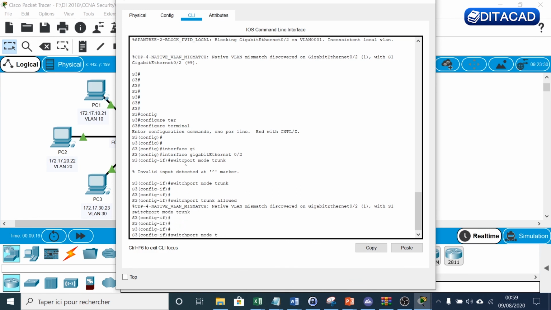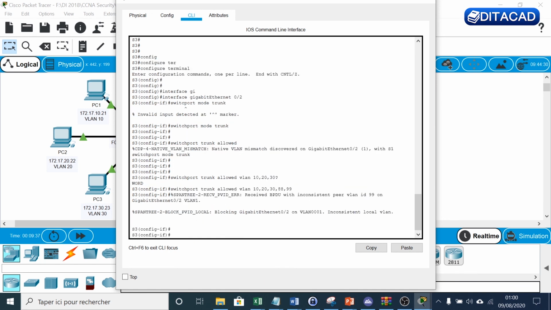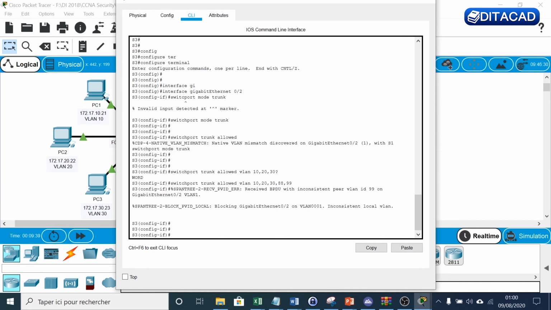switchport trunk allowed VLAN 10, 20, 30, 88 and 99. Okay, I'm going to change the native VLAN on the port to VLAN 99 using the command